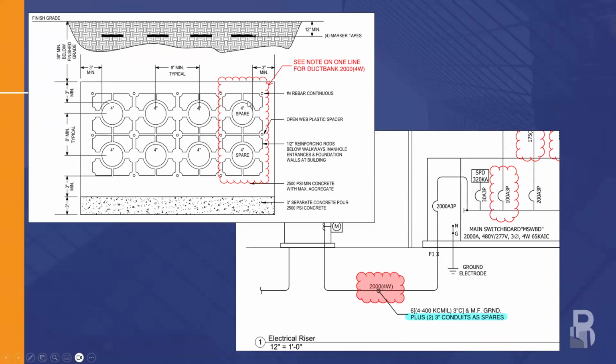So in our details, we can see that our center spacing is 8 inches minimum, typical for a duct bank. And then also our additional note is if we just look at our feeder schedule, it's a series of six, 400 kcmil in a 3-inch conduit, and then an MF ground, plus two 3-inch conduits as spares. So back into our model example,